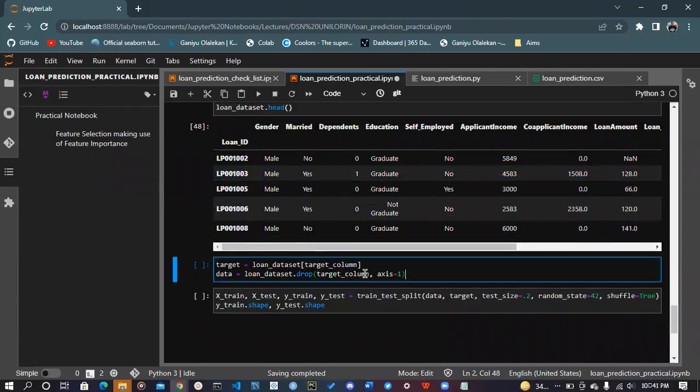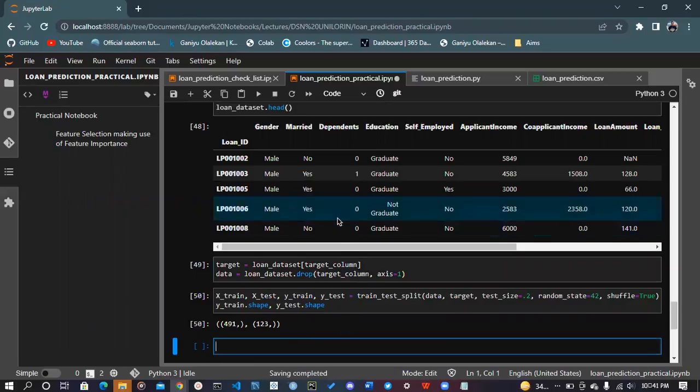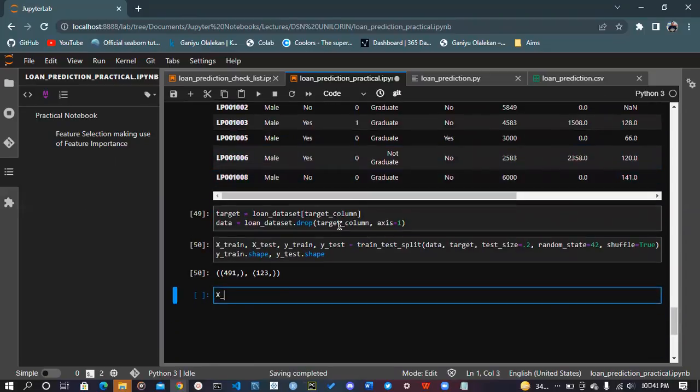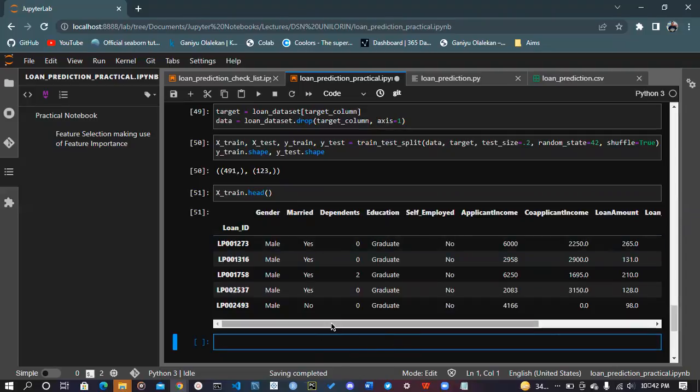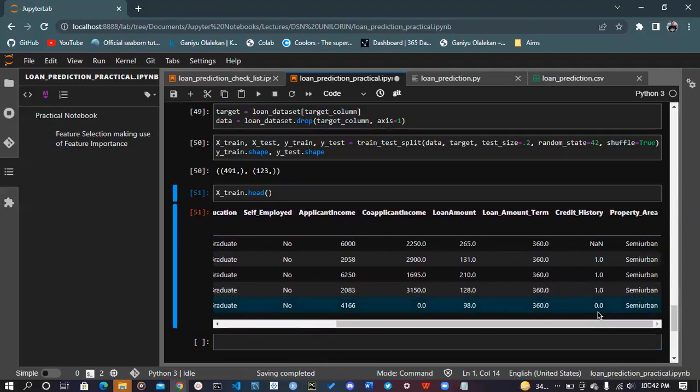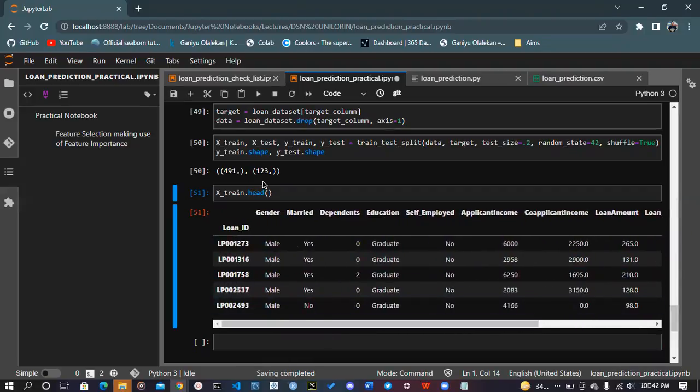So if I ask for the X train dot head, you realize that the training data, what we want to use and train the model now, is still a collection of